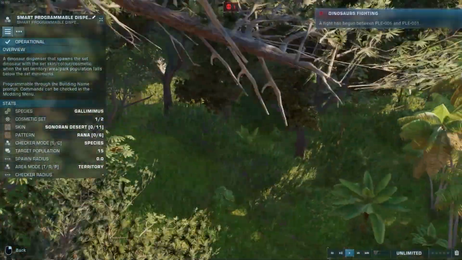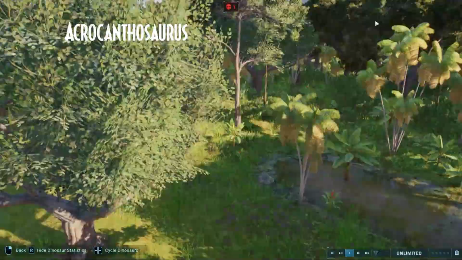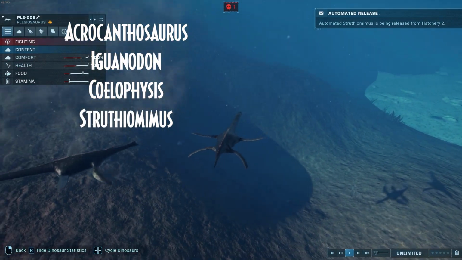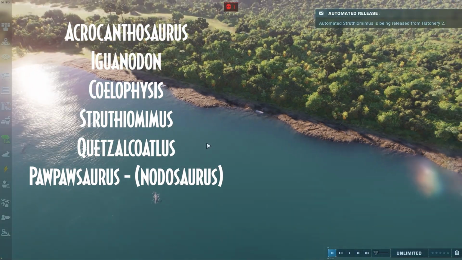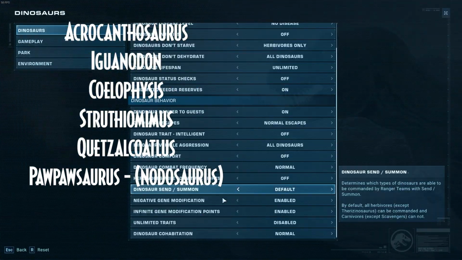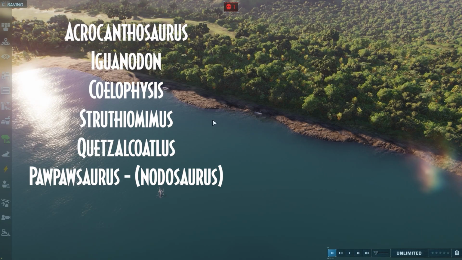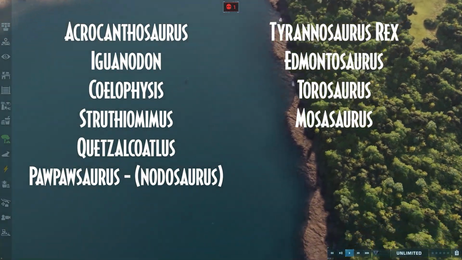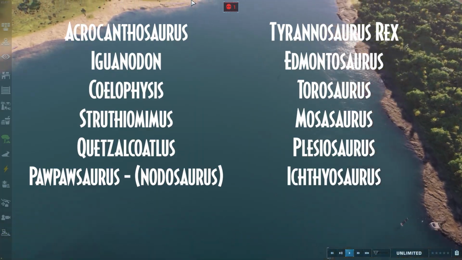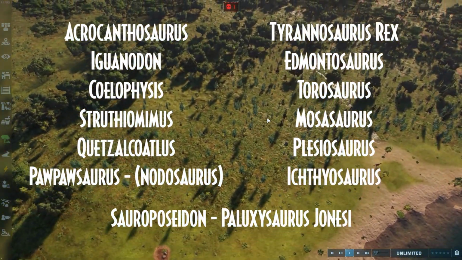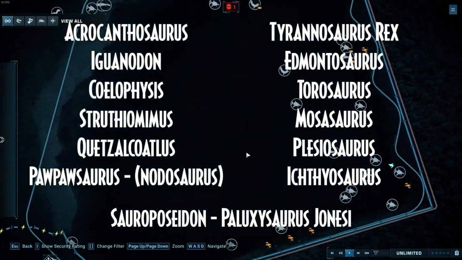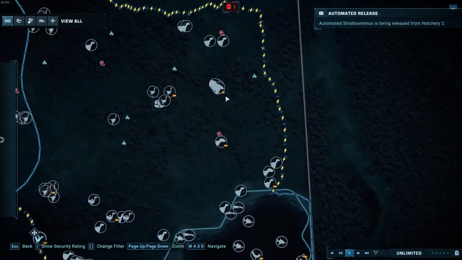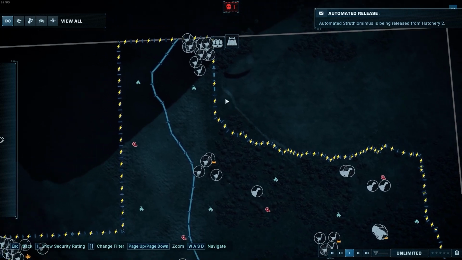I believe that when it was all said and done, we ended up with a list of Acrocanthosaurus, Iguanodon, Coelophysis, Struthiomimus, Quetzalcoatlus, Poposaurus, but there's not a creature for that or a mod for that, so we actually just put in Notosaurus to kind of replicate that, Tyrannosaurus, Edmontosaurus, Torosaurus, Mosasaurus, Plesiosaurus, Ichthyosaurus, and Sauroposeidon, which is supposed to represent Paluxosaurus jonesii, which is actually our state dinosaur, which will be coming into play for a future video coming out,